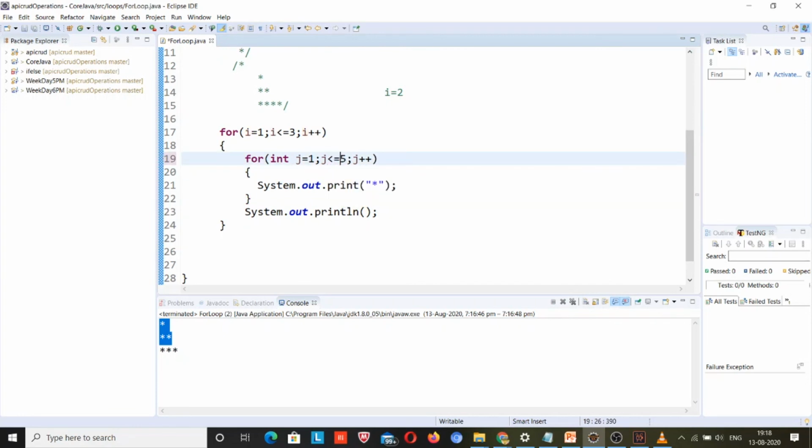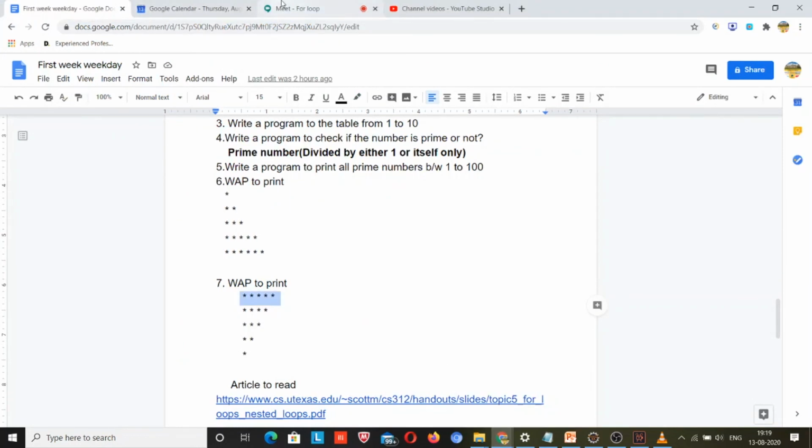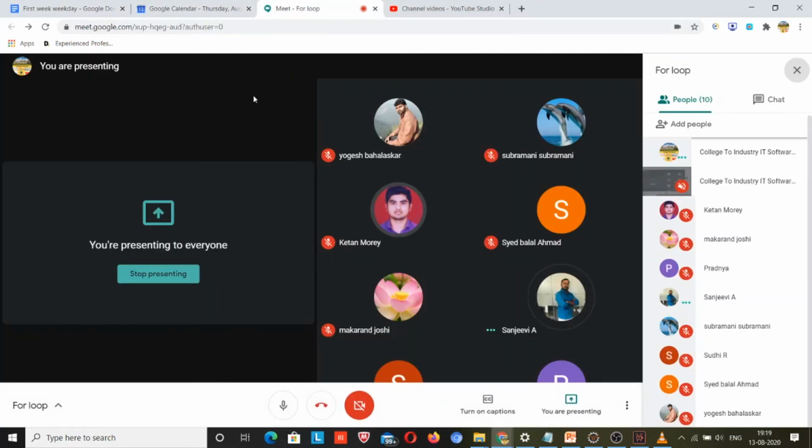Sorry, but you have to change somewhere, right? Where you have to change, you have to develop this logic. Here i will be 5, and the i value will not be incrementing, it will be decrementing, and you have to assign it by 5. So this way you can develop the logic. I hope you guys can do this program and write this logic.